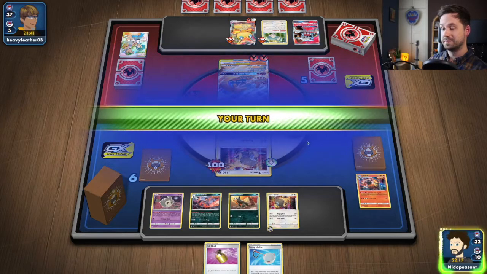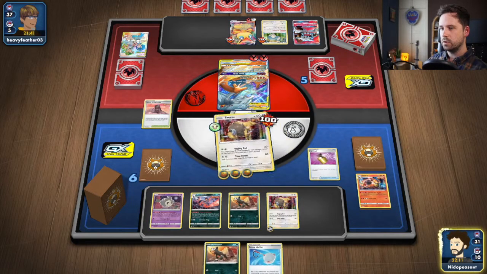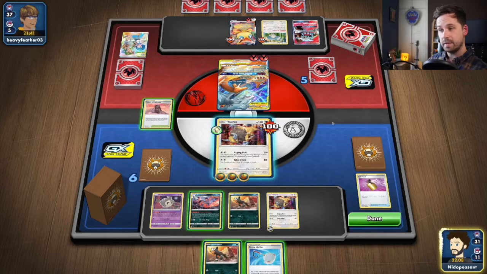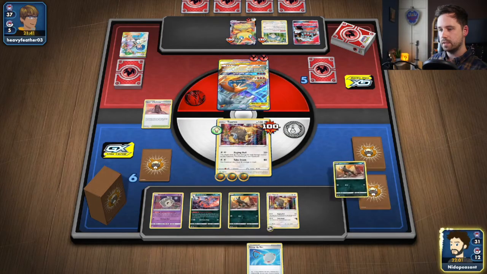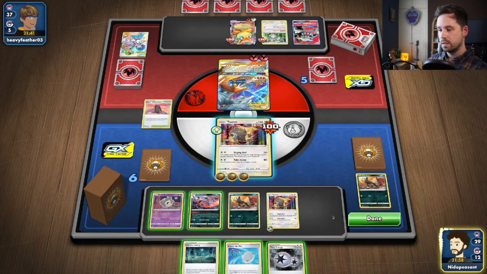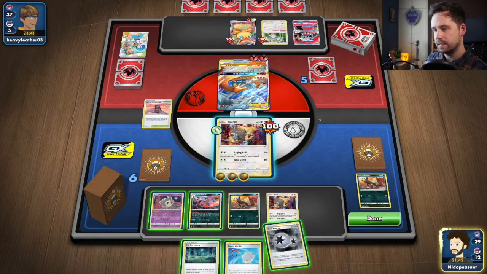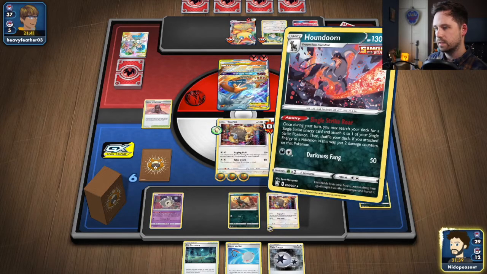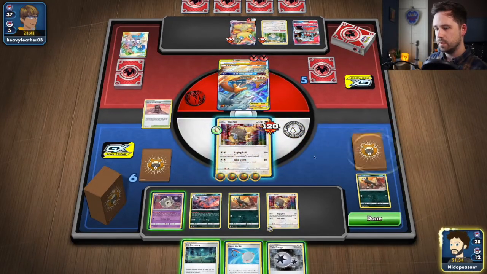that's beautiful, because we can full heal our Tauros, and we have to be careful now. But do we have, let's Tower of Darkness away that. We can potentially, are we going to be doing enough here? 100, 200, we're doing 200, 20, 40, 60. We're doing 260. So we do need the remaining single strike on there. But we do get the knockout